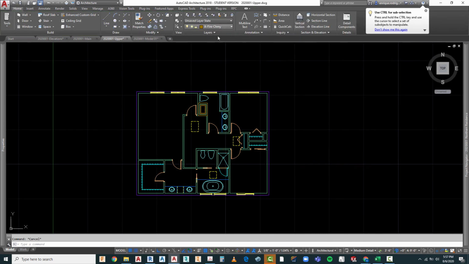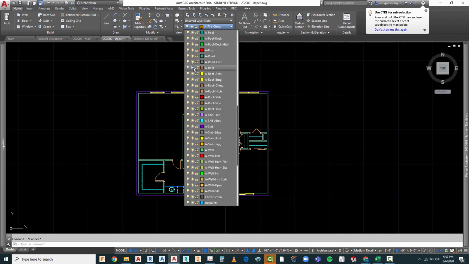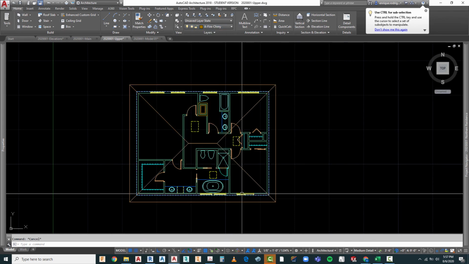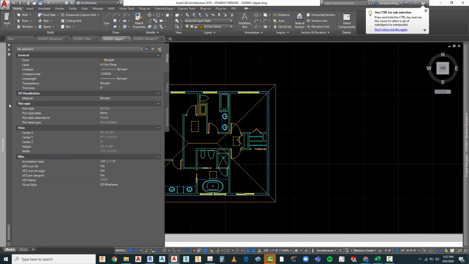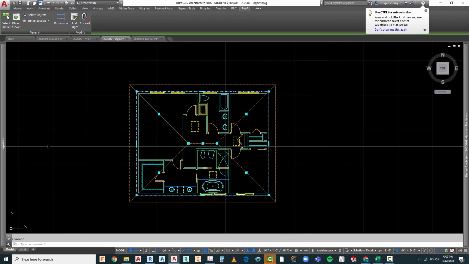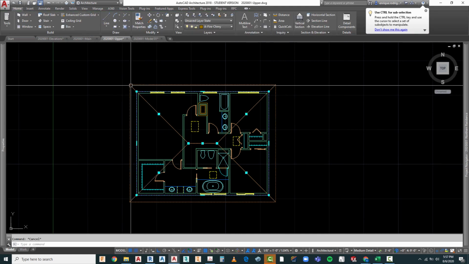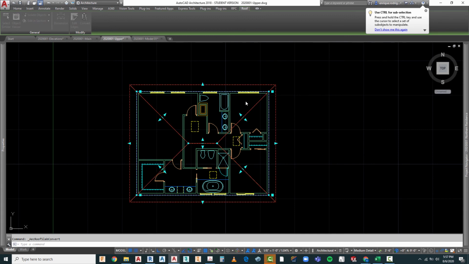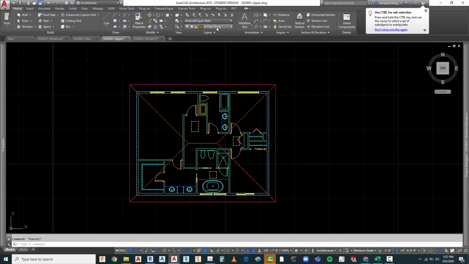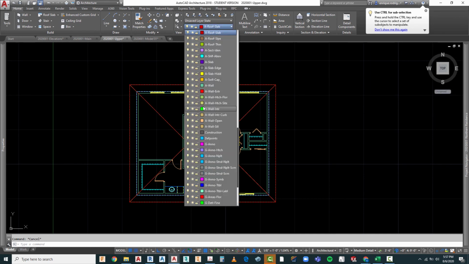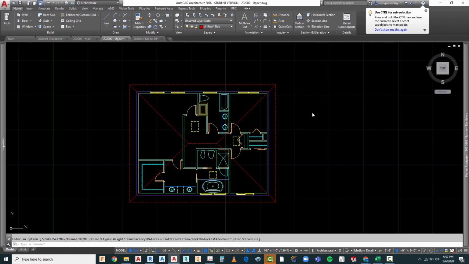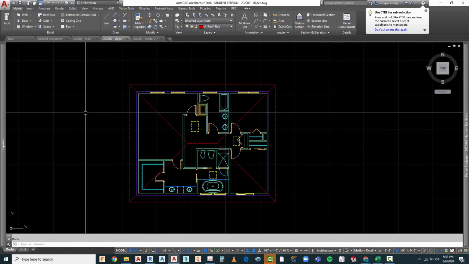So what we can do is go back to our A roof, turn it back on. Okay, that's fantastic. Now here we're going to modify it. Let's highlight it first. Modify it here to 4. Okay, and we're going to highlight that and we're going to convert. Do OK. Let's go to our A roof slab, make that our current, and go back to our A roof. Turn off and freeze. Save our drawing, and let's go first to our